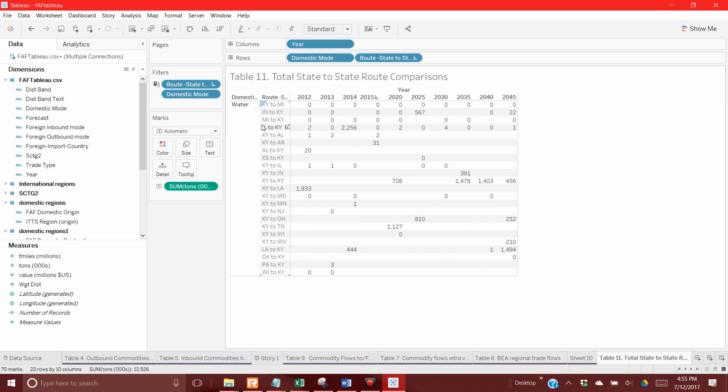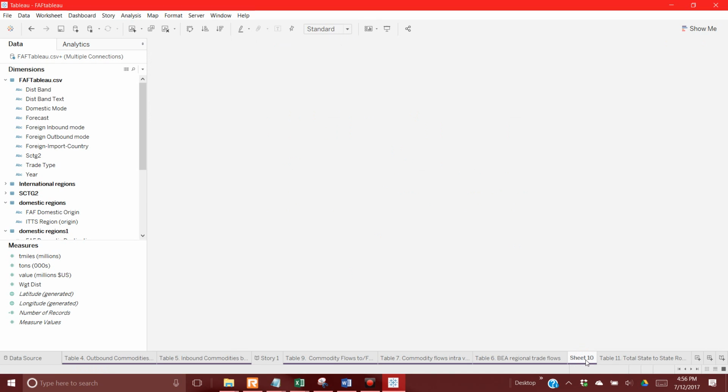So for Kentucky, their biggest flows are to Illinois, 2014, kind of hit and miss, with some forecasts, intra-Kentucky movements. So the idea is it gives you some flexibility to do your analysis on these rows. And sheet 10 is